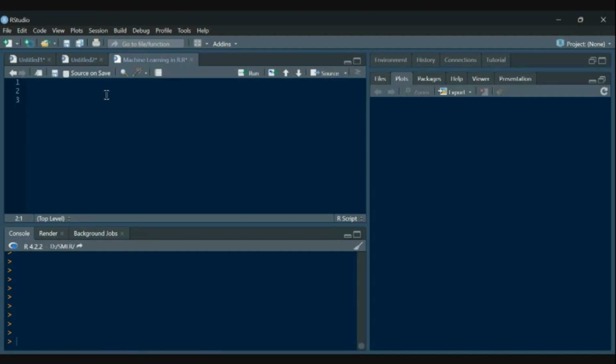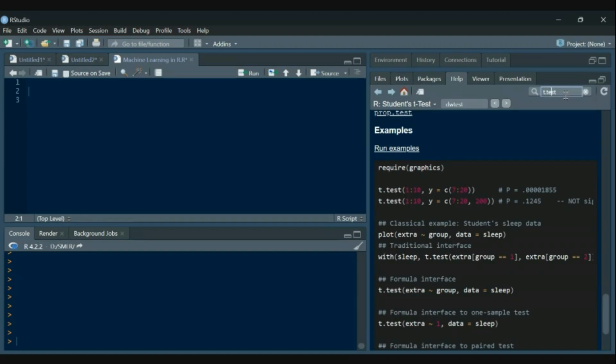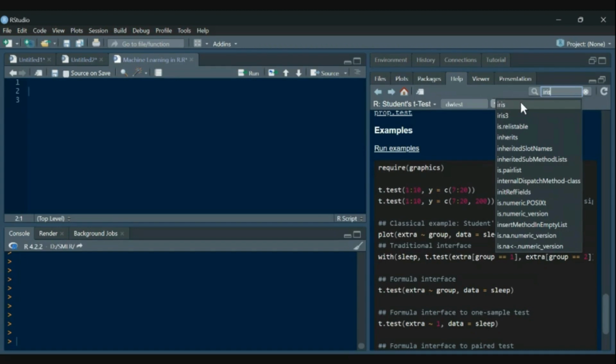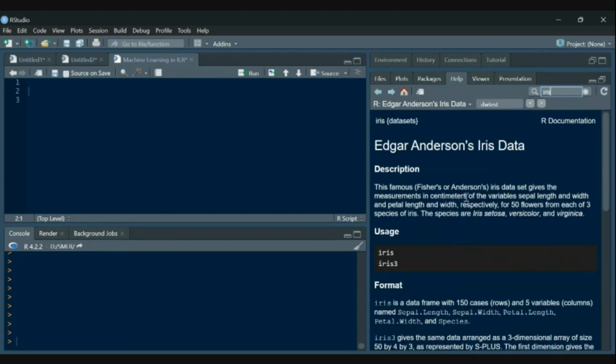For this particular session, we'll be using the iris dataset. So what is the iris dataset? We'll just go to help and type iris.